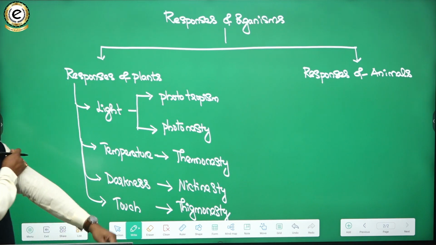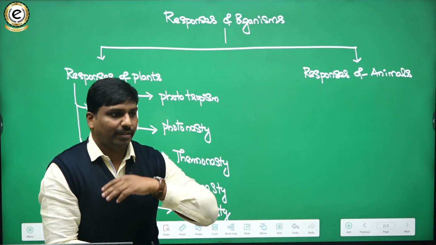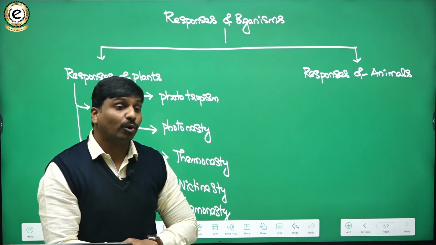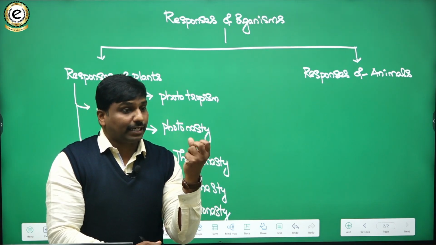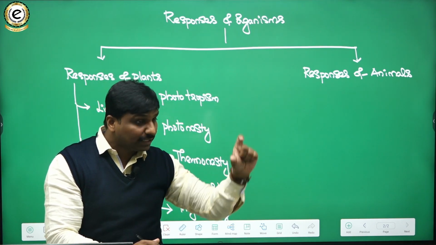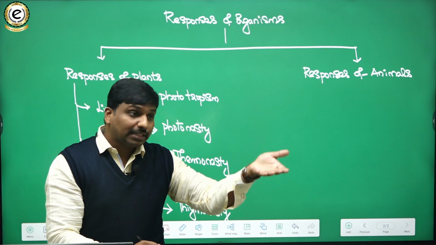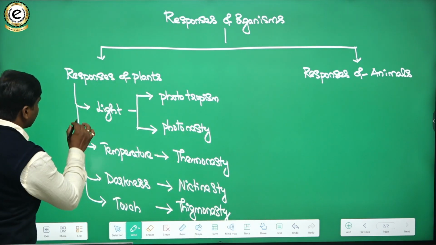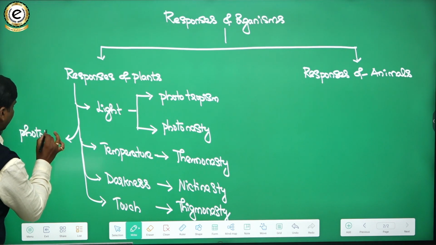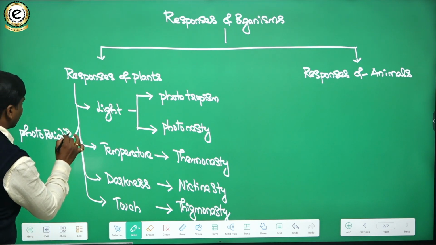So these are some of the important responses of plants towards abiotic factors. We also have other things like photoperiodism: the response of the plant in its physiological growth and development with reference to the length of the day. So physiological responses like growth and development of the plant depend upon the length of the day. Such a response is known as photoperiodism. Can you see the word period? So photoperiodism is another response.